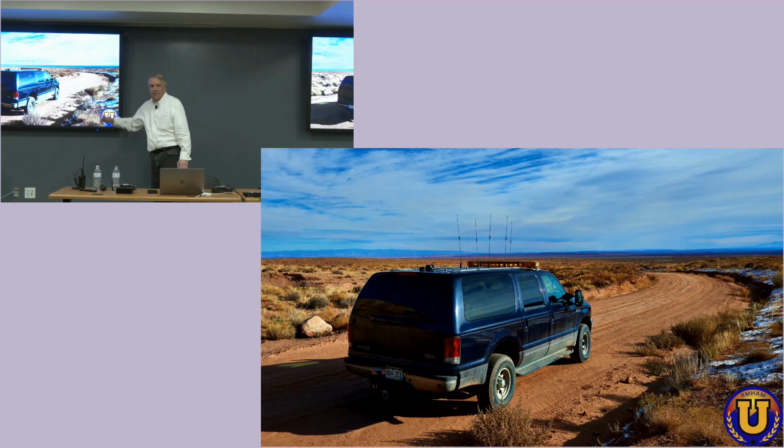And here's the truck out in the middle of nowhere, Utah. We were talking about putting the new Starlink flat mobile antenna on it, which uses a phased array to talk to Starlink. I like that idea, except the problem is I go out to places like this because my phone doesn't work. And the minute you go to Starlink, my IP phone would work. So I kind of like the concept that it's going to be an hour and a half till I get to somewhere with cell phone service. On the other hand, I'm 67, and it's an hour and a half till I get to somewhere where there's cell service. So, you know,